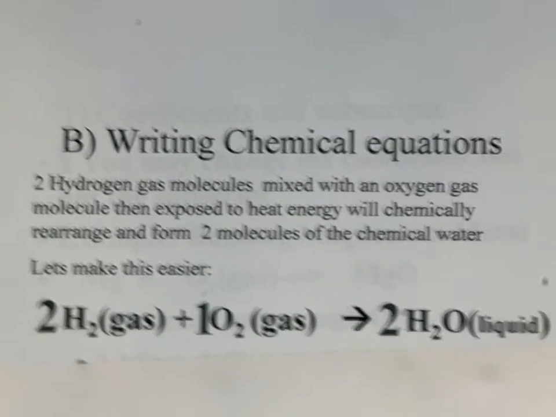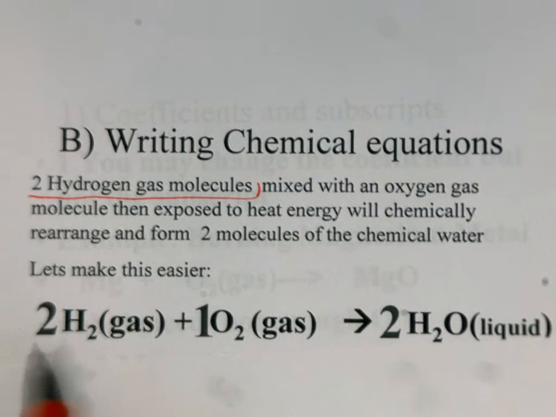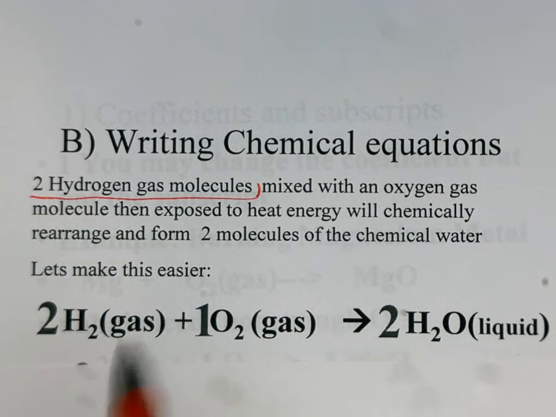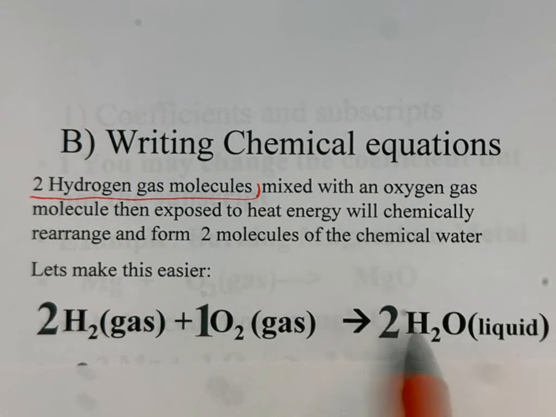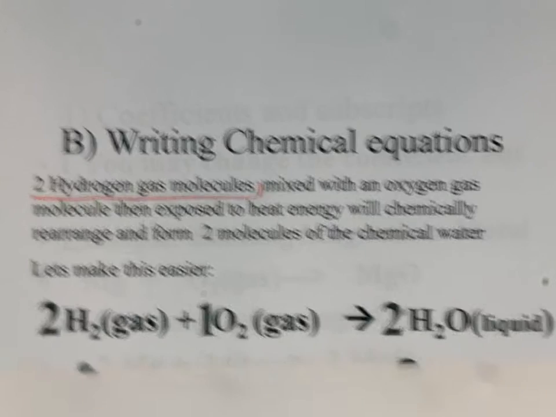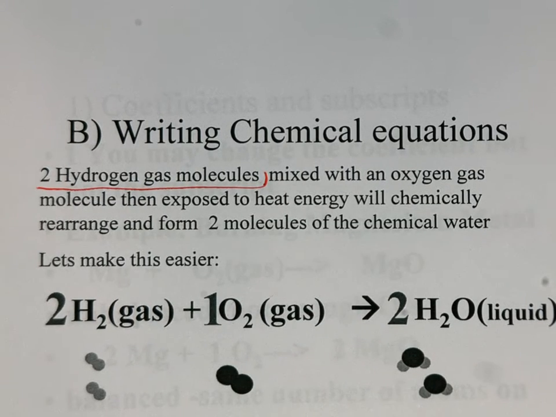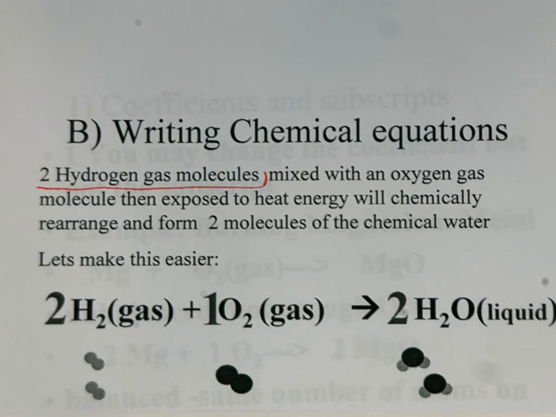Let me zoom out there. So there's our two hydrogen gas. We start with two hydrogen gas molecules, two H2s. And let's write the gas in there. We've got one molecule of O2 as a gas. And then that's going to change into two molecules of water, H2O, as a liquid. So if you need to pause that, go ahead and hit the enter button. Oh, there's a visual that goes with it. You don't have to draw the visuals, but it was just to let you see we've got four hydrogens, two oxygens, and we end up with four hydrogens, two oxygens. This is a balanced equation that I mentioned before. Okay,